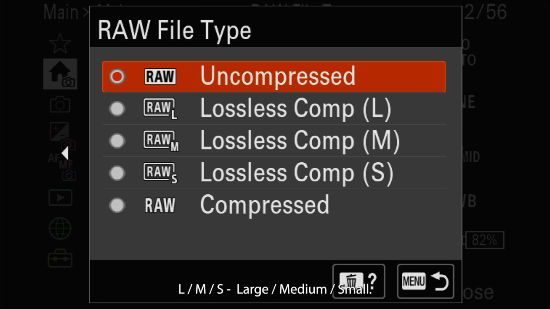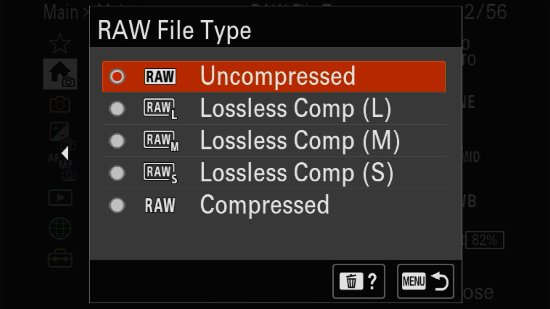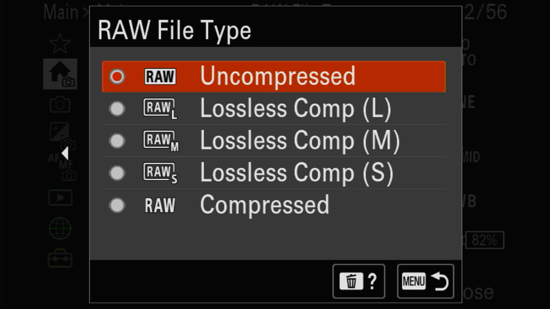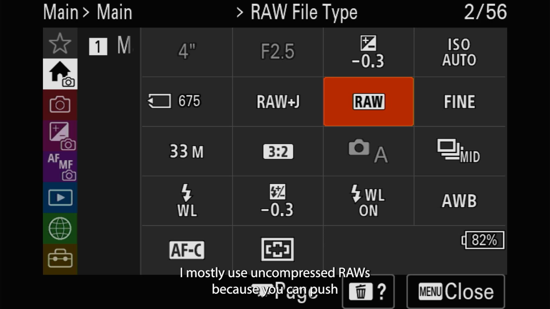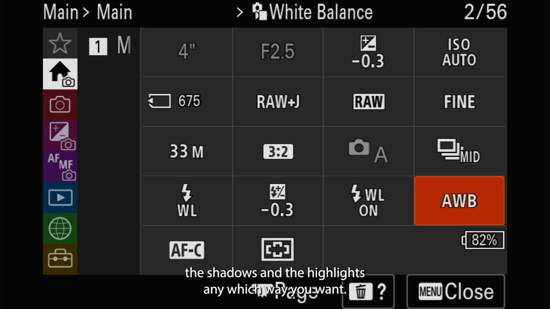LMS, large, medium, small. Now this means you will lose megapixels, but you will have smaller files. Sometimes if you're working only for social media, it's easier to work in medium or even small formats. In the old cameras you could do this with the JPEGs, but now you can also do it with the RAWs, which is useful. But I mostly use uncompressed RAWs because you can push the shadows and the highlights any